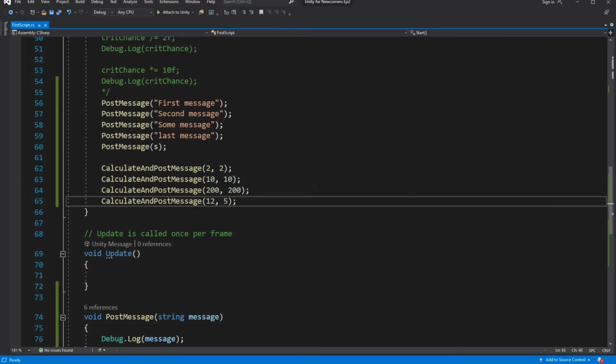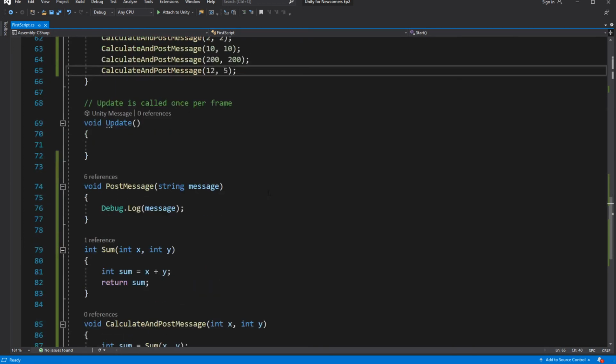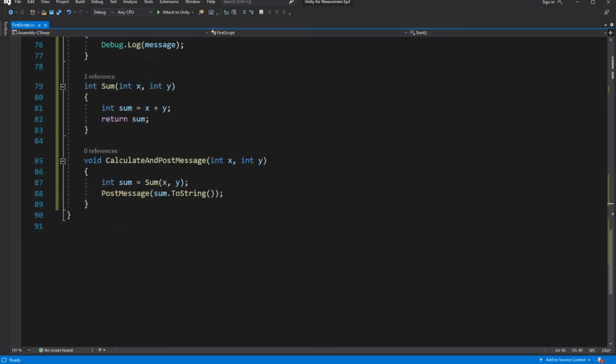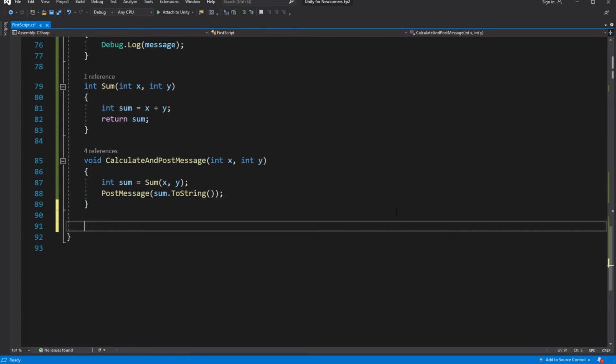But what if you want a random number to be generated for you? Let's say you are making a dice roller between 1 to 6. So let's create a new method called rollDice with two integer parameters, min and max.